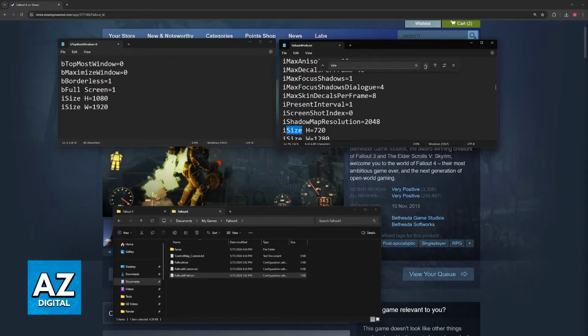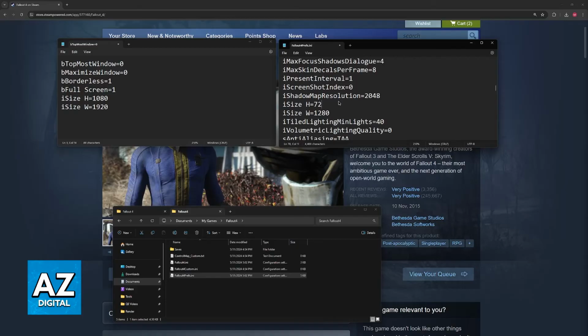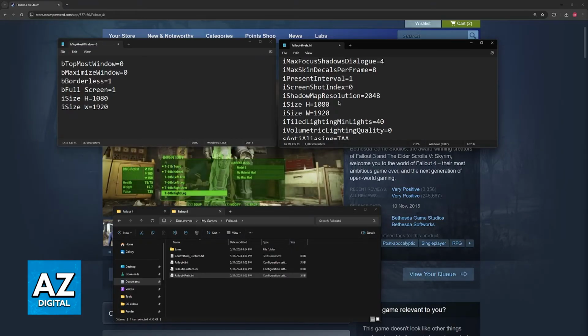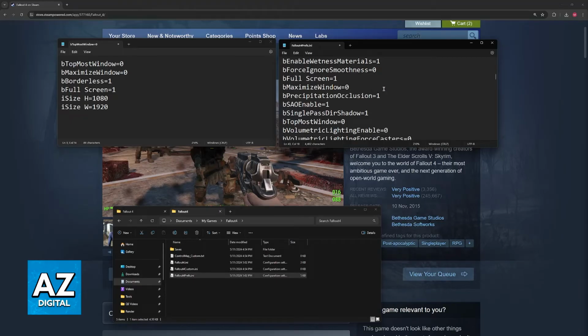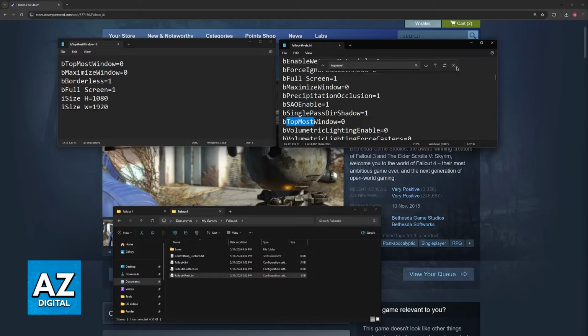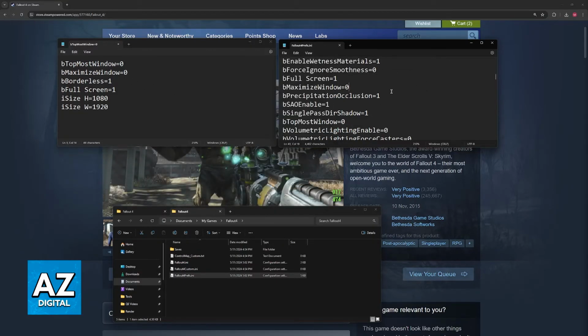By doing this, whenever you open the game, it is going to read this file correctly, and it is going to override any settings that it might have been set up with before. So as soon as you change all of this, you will be good to go. And afterwards, you can just go and open the game. As long as everything here is set up like this and you save this file, don't forget, it should work flawlessly.